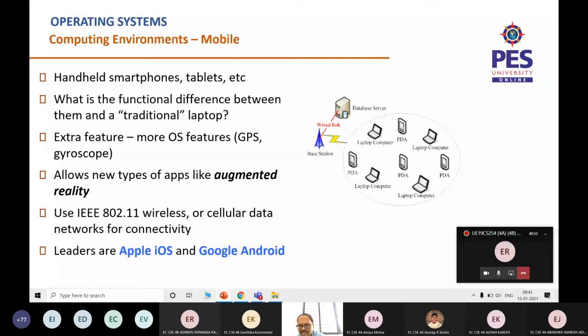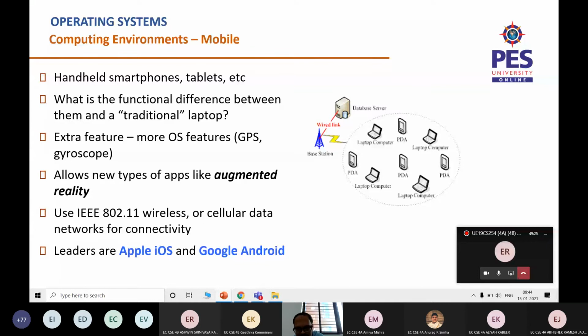So a more advanced version of that is using mobiles and tablets to do whatever job you used to do with computers. Many of you check your emails using mobiles only. Many of you attend your classes using mobiles only. Many of you read your lecture notes or say ebooks and so on using your mobiles and tablets only. So it is trying to replace this particular job of the computer, so that you can do it with the help of mobiles and tablets.